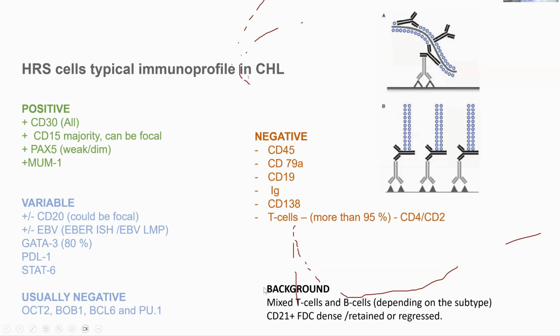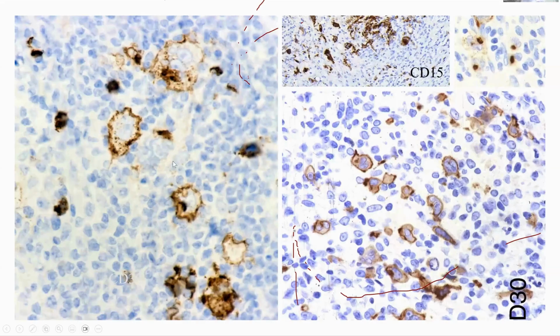The background population beyond these atypical cells is usually a mixed population of T and B cells, depending on the subtype. And usually we see a CD21 follicular dendritic meshwork, or dense retained staining, or at least regressed in some focal areas. And this is the typical staining pattern that we see in CD30. So it's a membranous staining, and with a dot